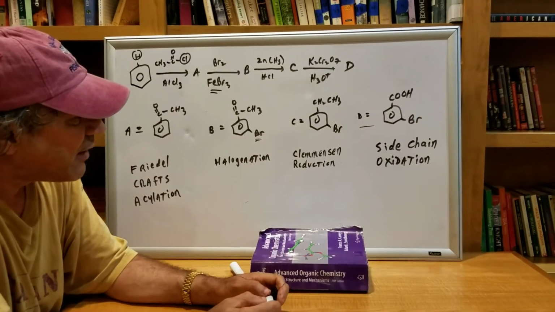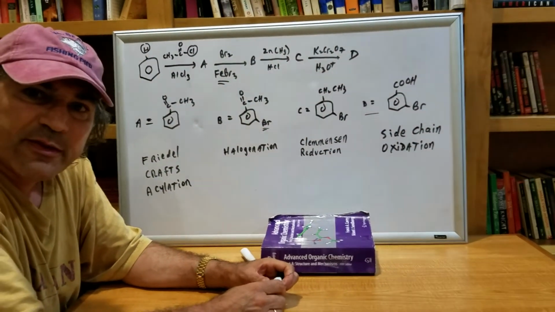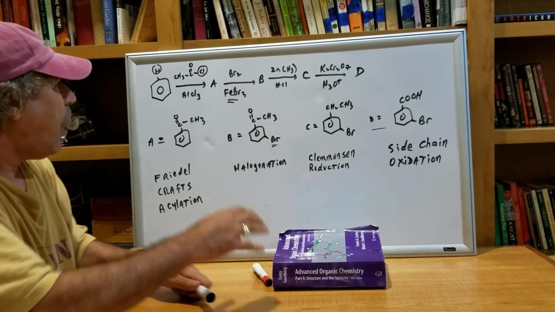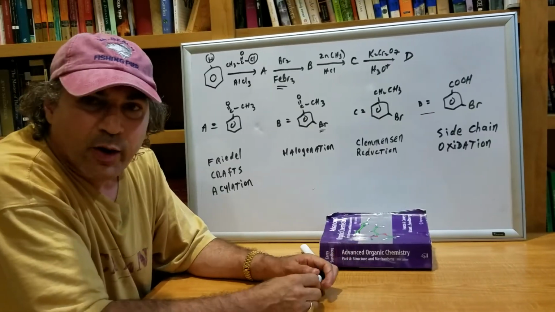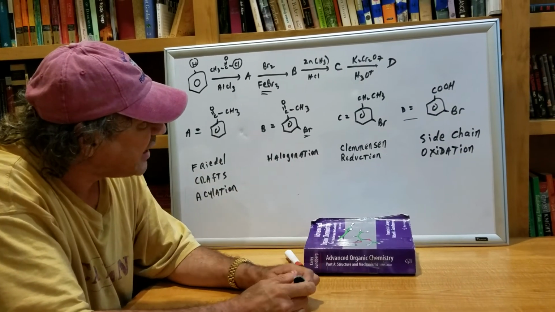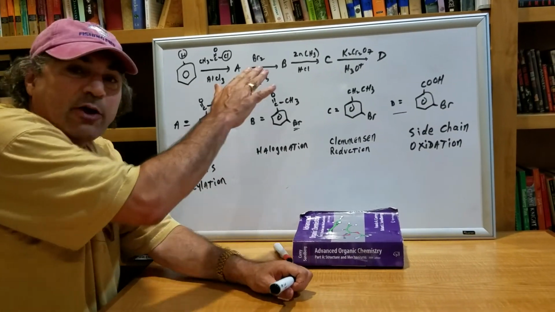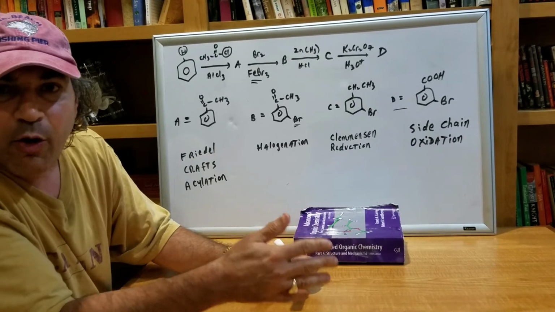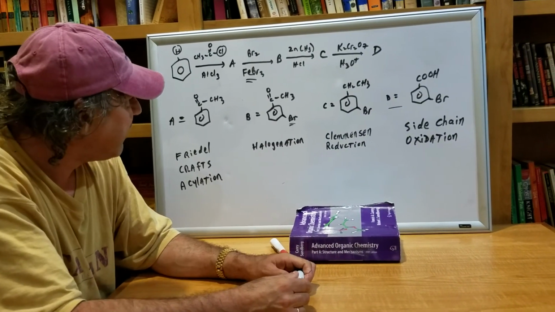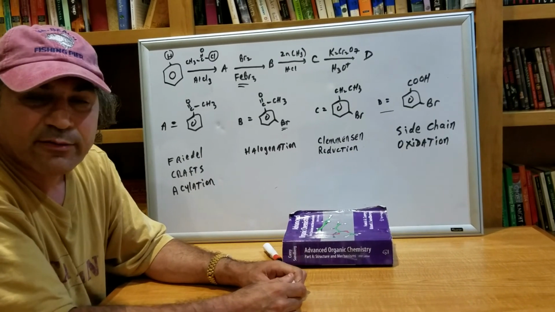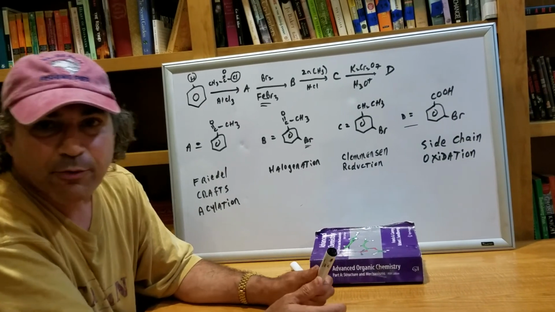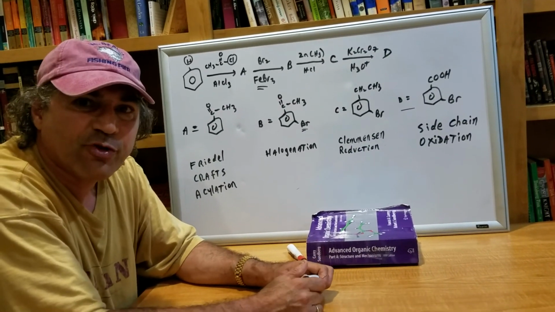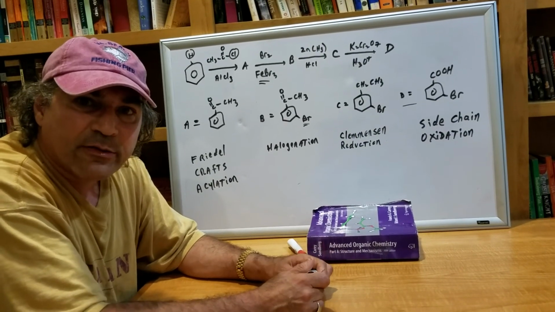I would consider this a very good type of question for the DAT exam. Of course, you might get lucky and they might just ask you what is A or what is B. But if you can think in sequence, especially a reaction that goes 3 or 4 steps, you would be very well prepared for the DAT and anything that can ask you on the test. All right, I hope that helps you. I'll be writing a lot more questions in the near future, but this will whet your appetite a little bit as far as